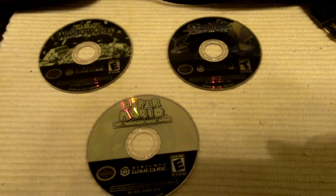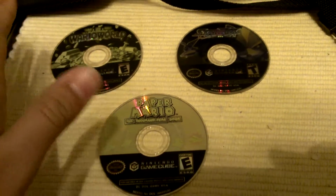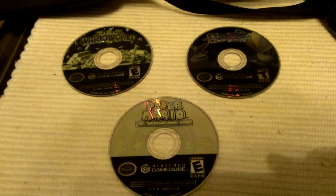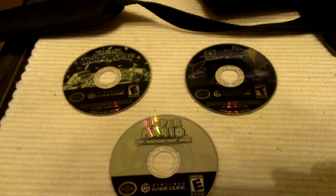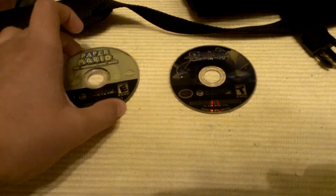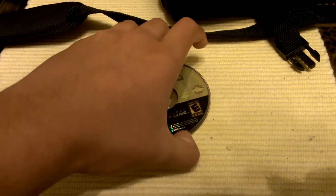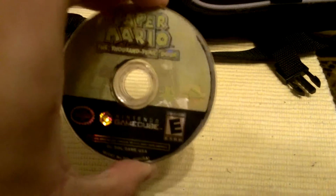And if you remember last week, the last video I uploaded, I had 4 other really good titles for GameCube, and I picked them up really cheap, for like $10. There was Twilight Princess, Wind Waker, Sunshine, and Resident Evil 4. So I've been finding a bunch of GameCube games on the cheap, which is great, because these games are getting harder and harder to find. Even if they're not complete, I really don't care, because I'm just happy to get the discs by themselves,